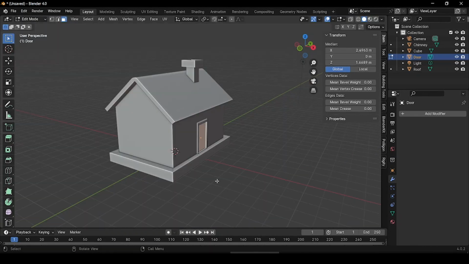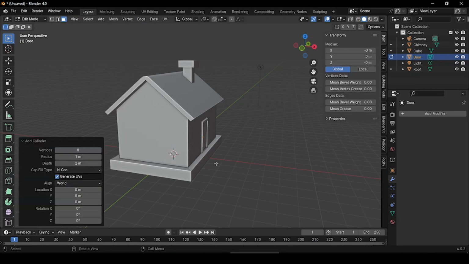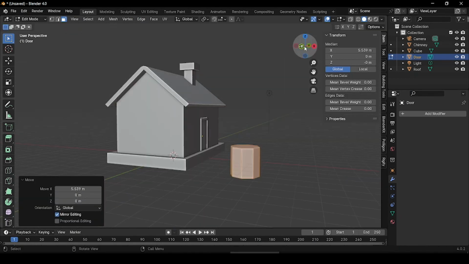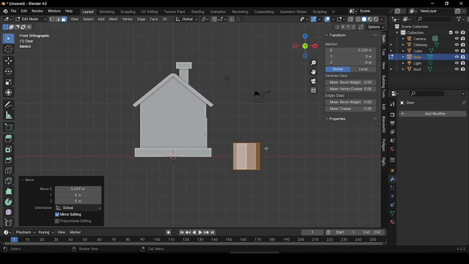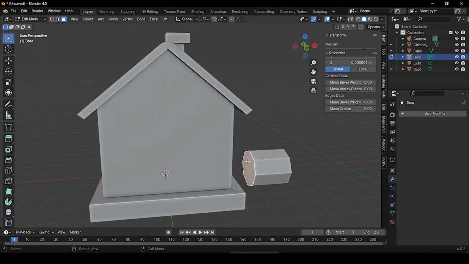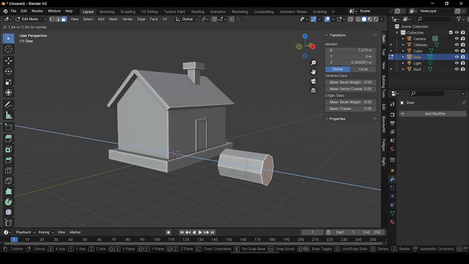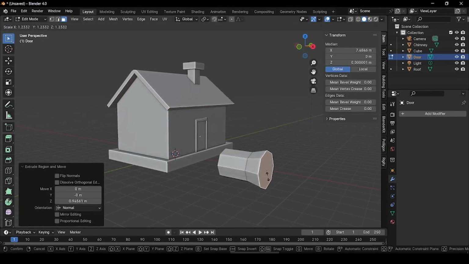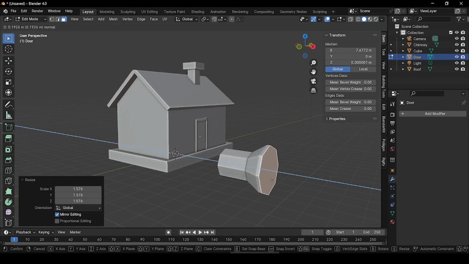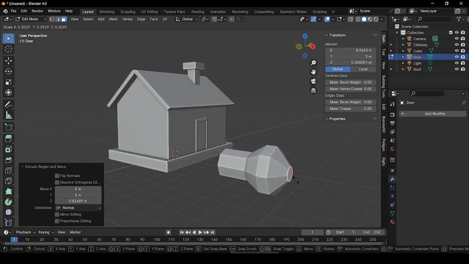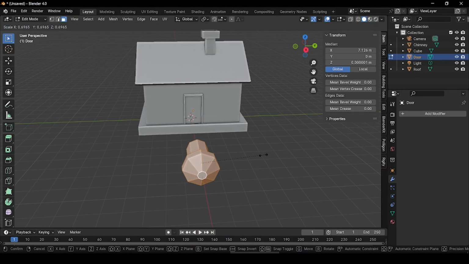Now let's create a door handle. Press Shift A, add a cylinder, set vertices to 8 and grab it outside. Now rotate it by 90 degrees, select this face and delete it. Now select this face, extrude it outside, press S and resize it. Now extrude it twice and scale it down. Now press S and resize it